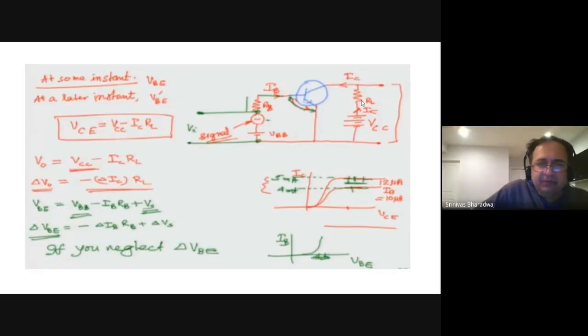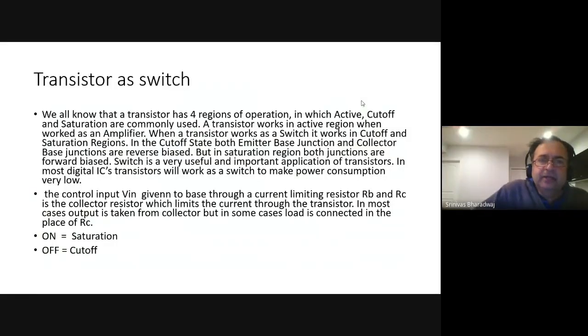Now, in an amplifier mode. Now you can also have a PNP transistor which can be connected in a common collector mode. But before that, we have to look at the transistor working as a switch. Okay, so when a transistor is used as a switch,